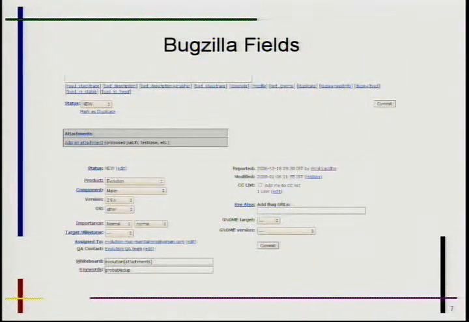So the first thing will be to move that product into the right category. If it's not an Evolution related bug, then move it to the right one, maybe GTK, glib or some other application. The component is a sub part of a product. Evolution supports mail, calendar, contacts, memo. If you are filing a bug in Evolution, at a user level you may not be aware whether it's a calendar problem or any other problem. So the next thing will be to move it to the right component.